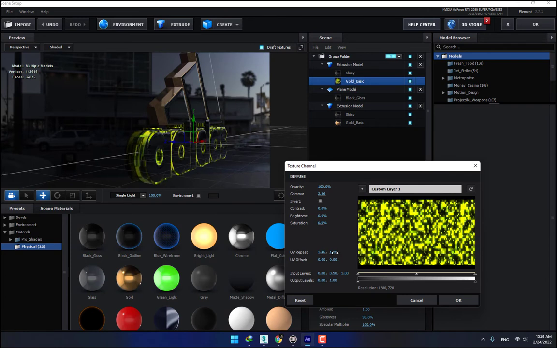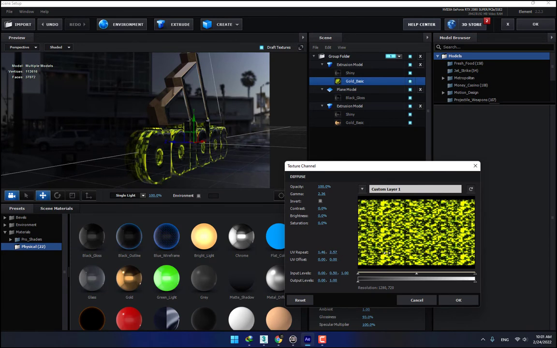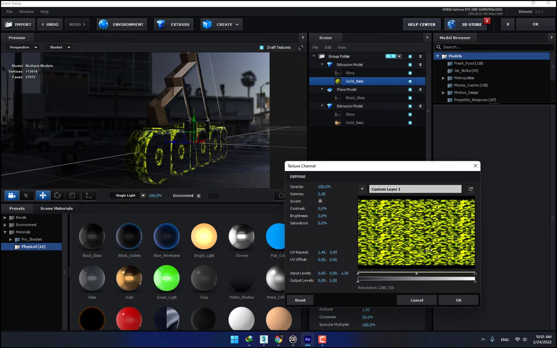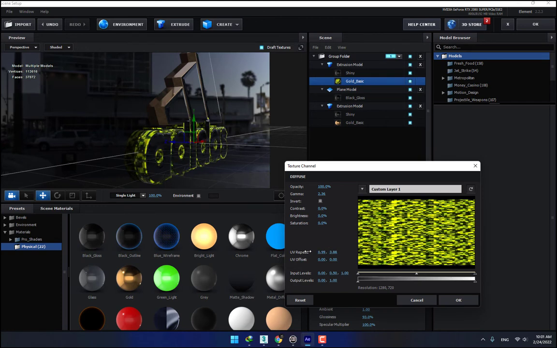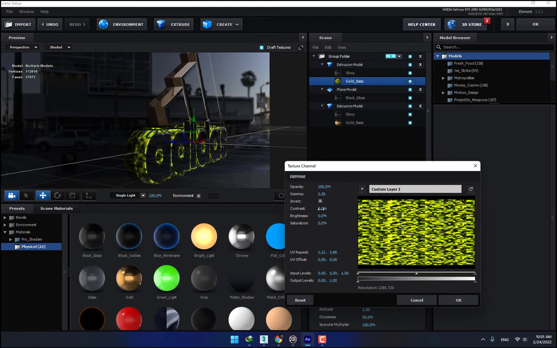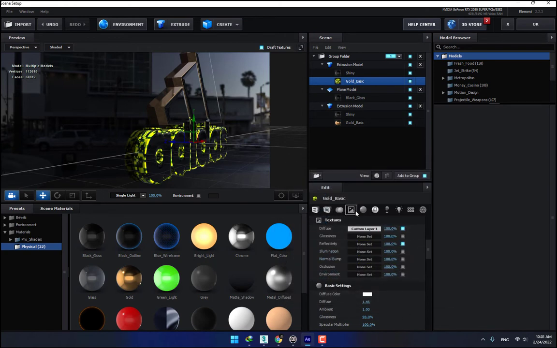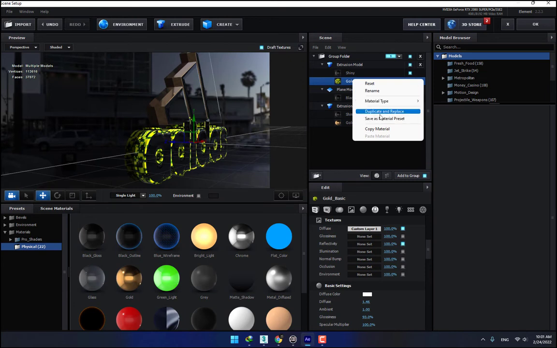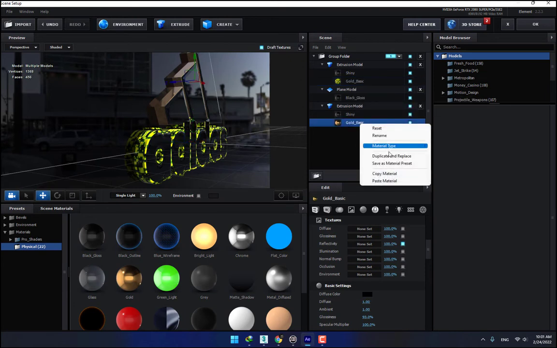There you can apply more and more like this. Okay, press OK and copy material, apply on golden material, paste material,